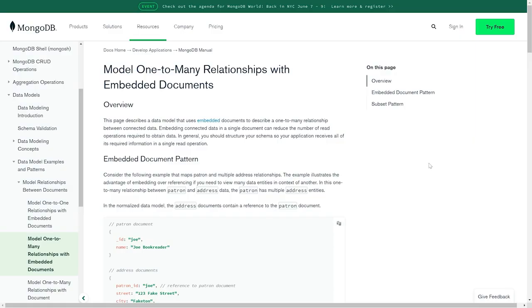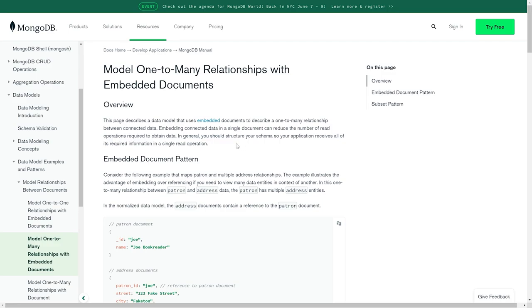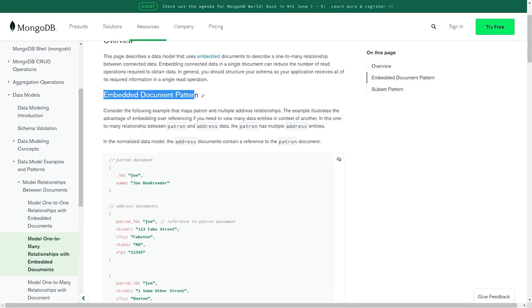Now, this is going to be similar to what I talked about before, but I just want to quickly read this to you here. It says, embedding connected data in a single document can reduce the number of read operations required to obtain data. In general, you should structure your schema so the application receives all of its required information in a single read operation. So that is for efficiency purposes,